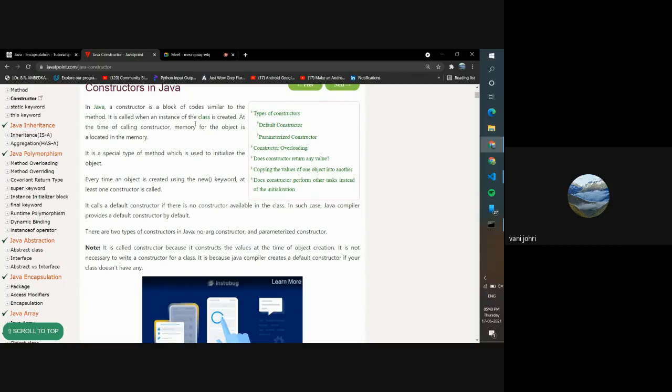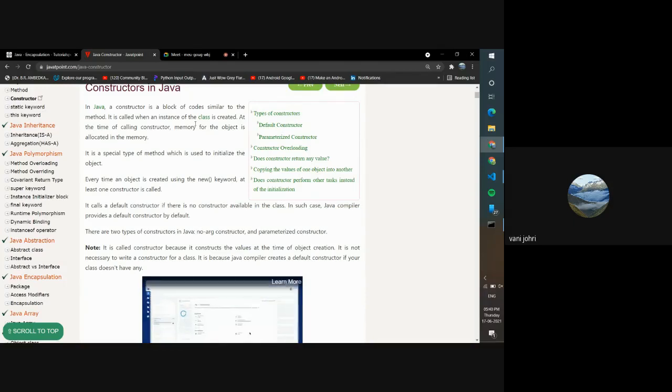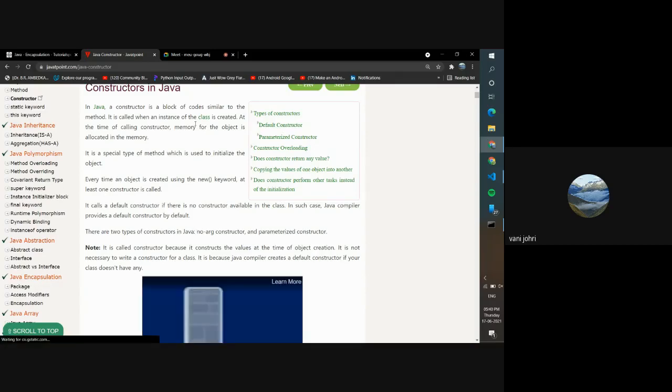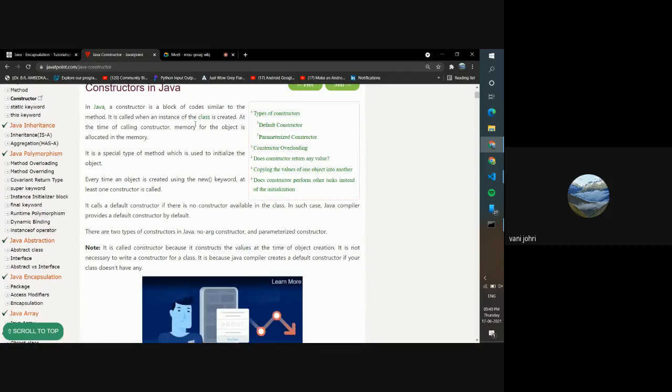And when is an instance of a class created? When you create an object. When you write the class name obj equals new class something, that's when the constructor is called. When you just write that line, the computer straight away goes to the constructor. But now you'll think we've used the class name and we made an object of a class, but we never used a constructor. So where is the compiler going to?